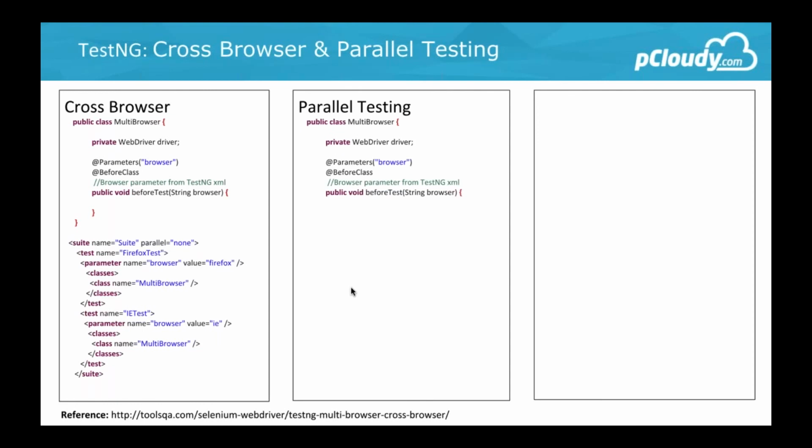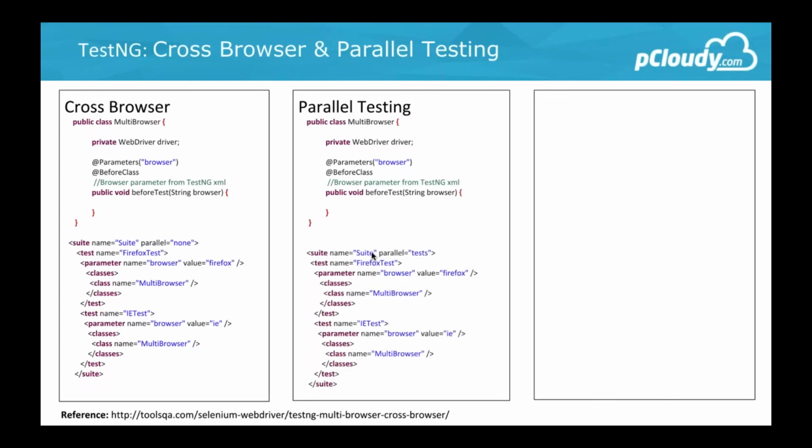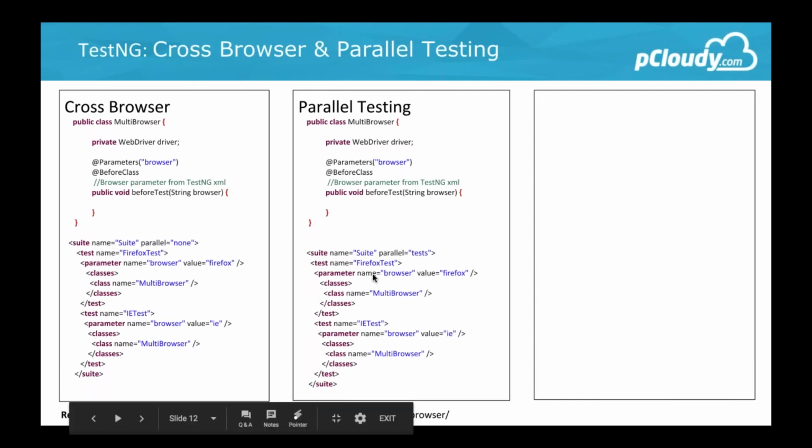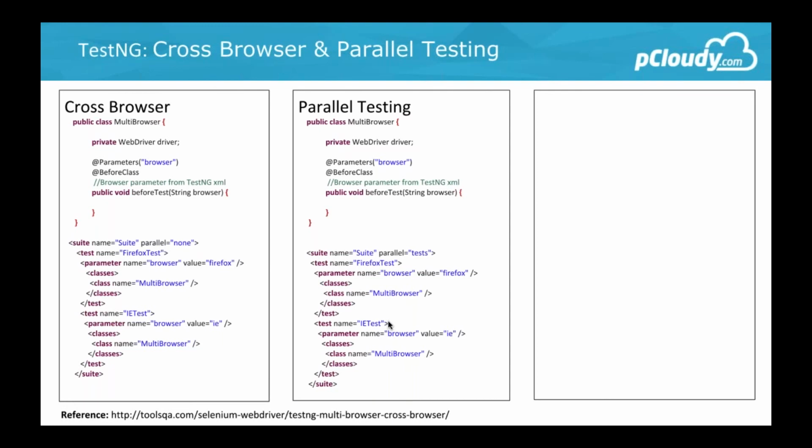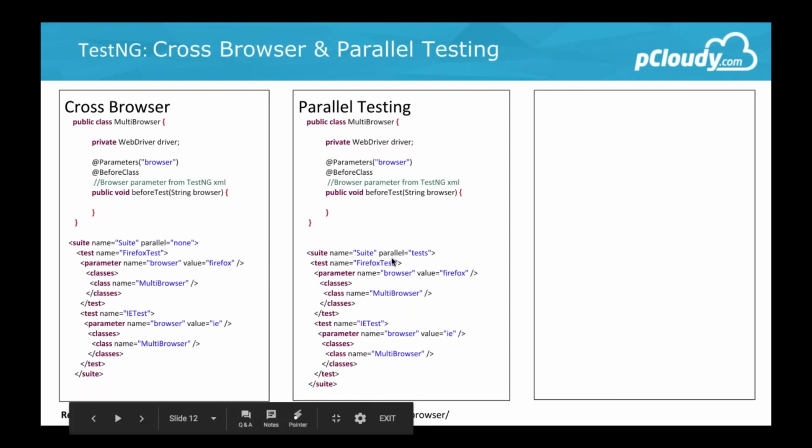Same parameters, I take it as a data parameter, string browser. Here the same thing, just the parallel equal to test. So my two test classes will run in parallel. So when we run this TestNG class, I should see at the same instance two browsers opening and working in parallel. One is Firefox and the second is Internet Explorer, because now I have directed TestNG to run